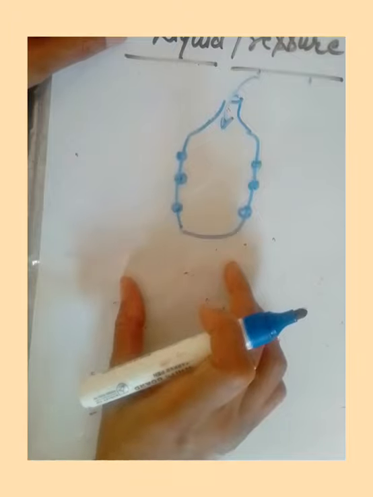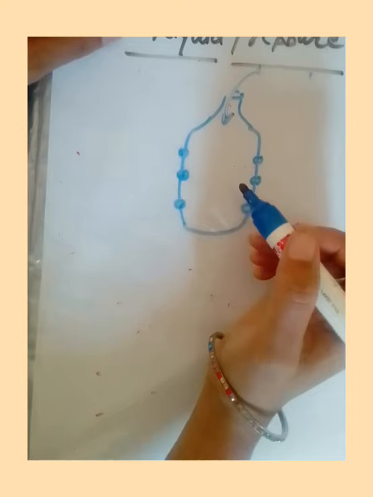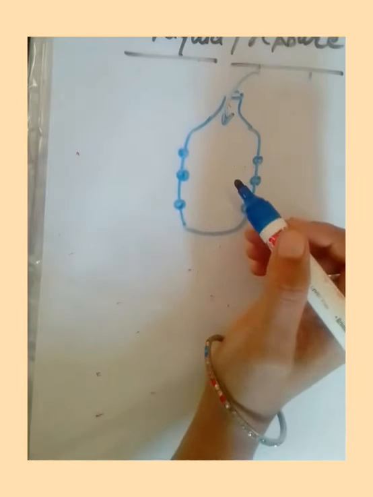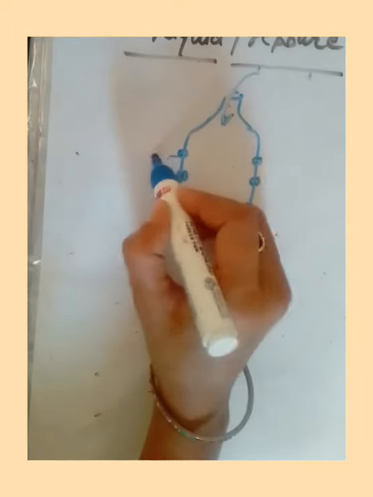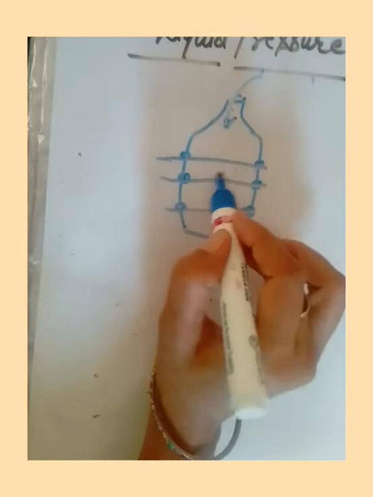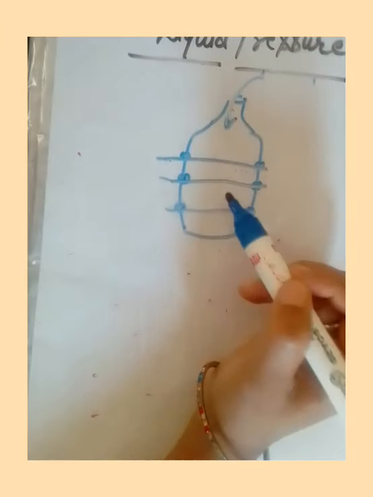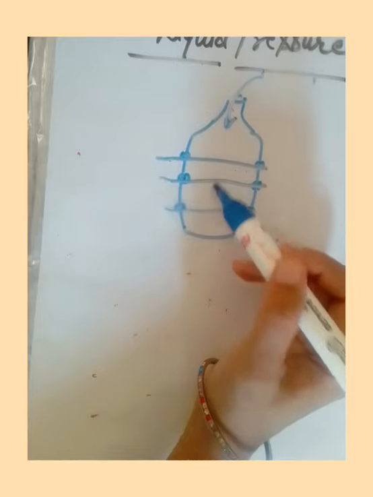Now for more clarity, you can add a little bit of color in the water for observation. After making these holes, first of all cover them with sellotape so that water cannot come out when you pour the water in the bottle. It should stay there for some time.